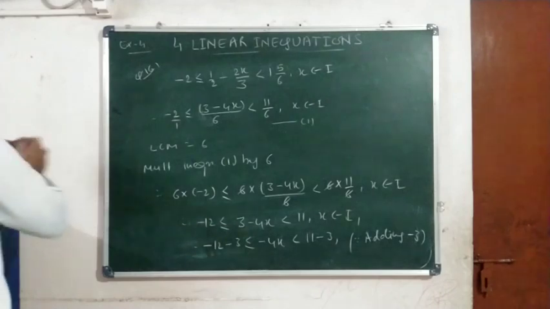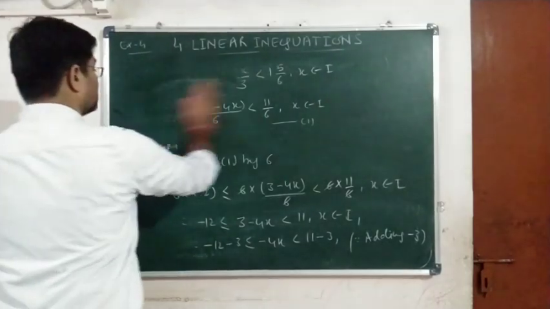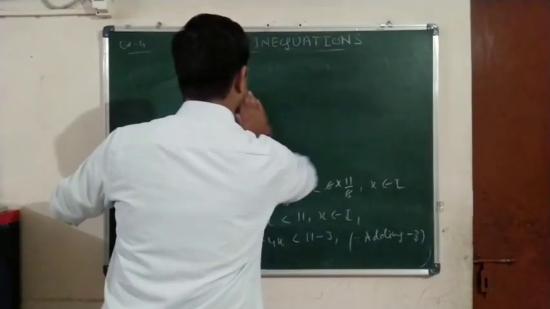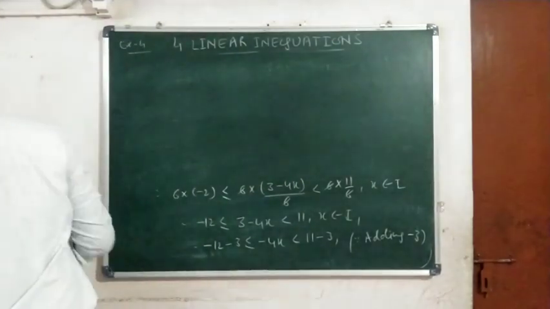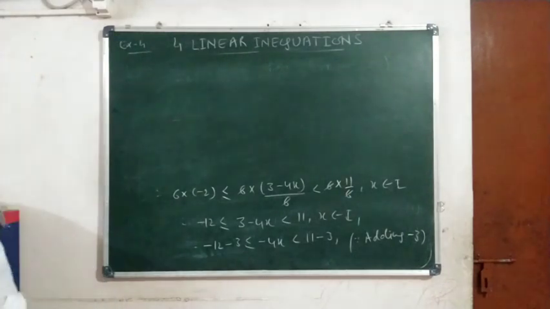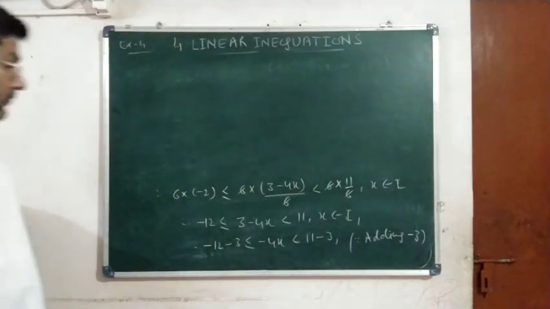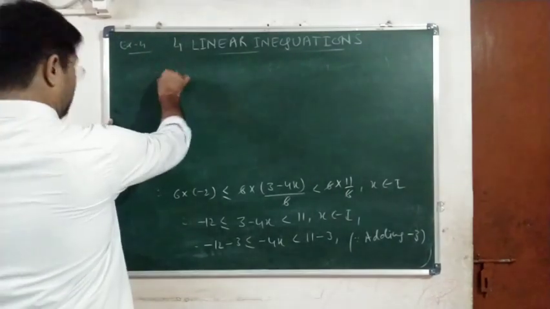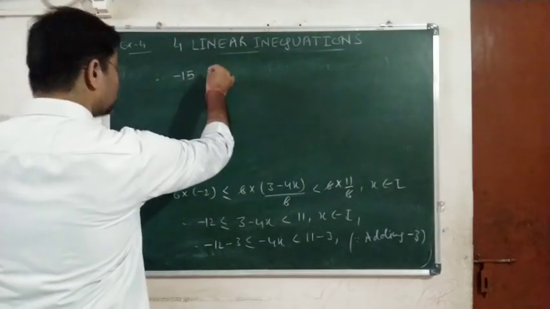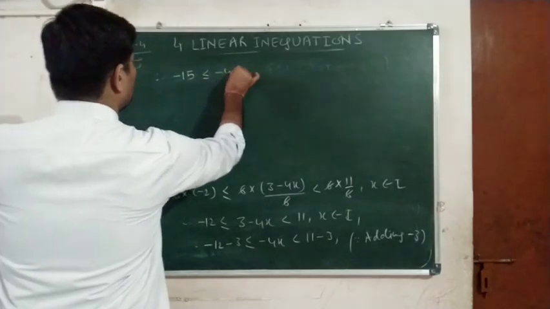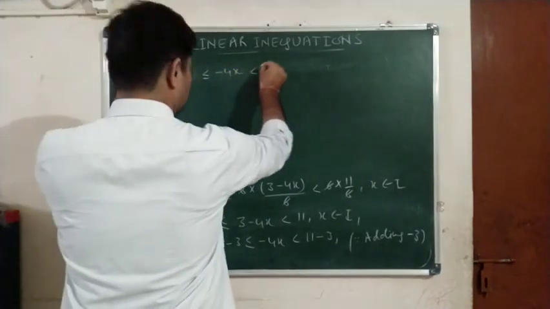Now let us further simplify. Okay, therefore minus 15 is less than or equal to minus 4x is less than